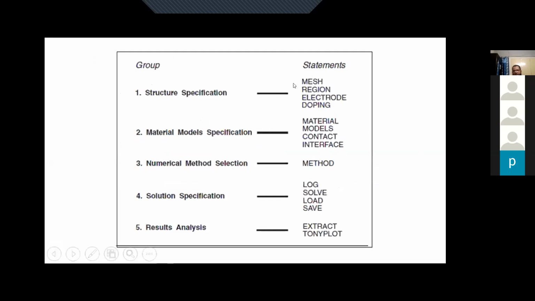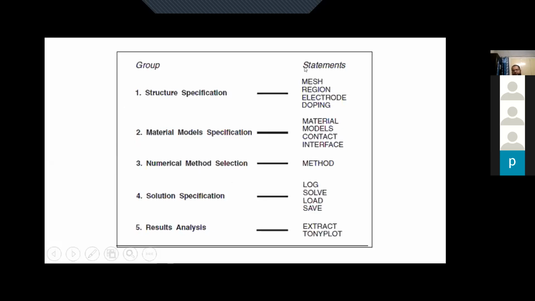For example, first we need to create the structure, then the material models, then the method required to solve, like Newton method, Gummel method, and so on. Then we need to take out the solution and see the result.